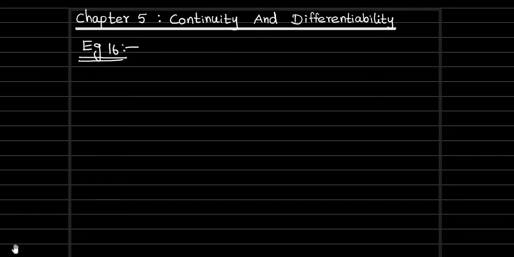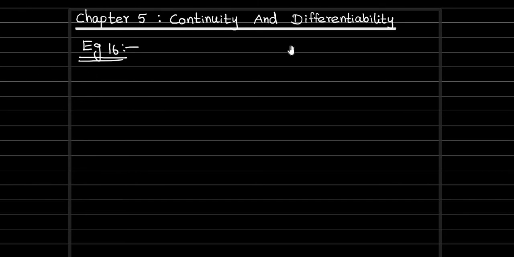In this video, we are going to see, for grade 12 standard CBSE board, chapter number 5, continuity and differentiability. Already in the last videos, I have uploaded example 1 to example 15 solutions with detailed explanation. And now we are going to see example 16 in this video. Before moving on, I would like to tell you the algebra of continuous functions.